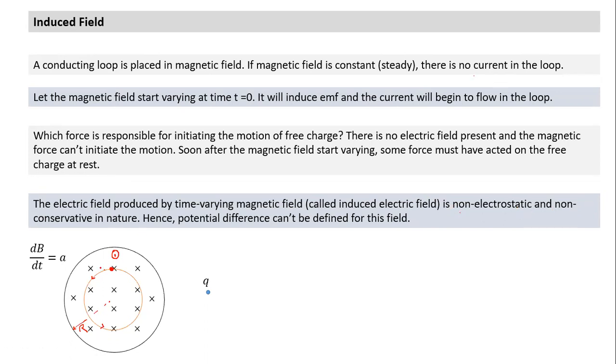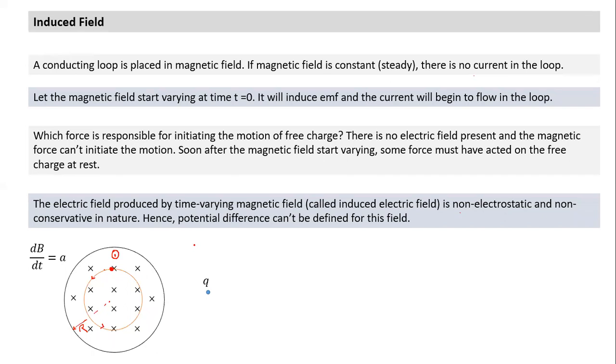What does non-conservative mean? If I draw this field here, all of you know how to draw field lines for magnetic fields. What do we use to draw magnetic field lines? We can use a magnetic compass. Can anyone think of making an electric compass? Can you make a compass which will indicate the direction of the electric field? Can anyone think of how we can make an electric compass? What does a magnetic compass do? It points in the direction of the magnetic field, or it aligns itself along the direction of the field.